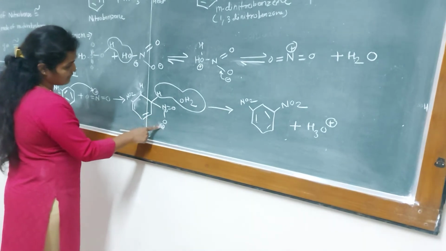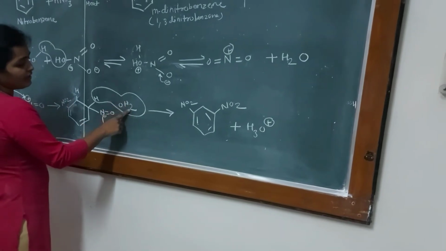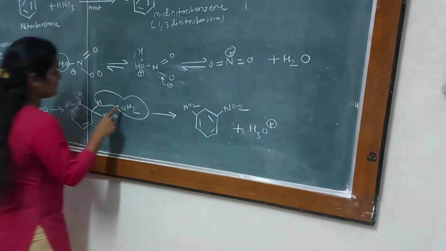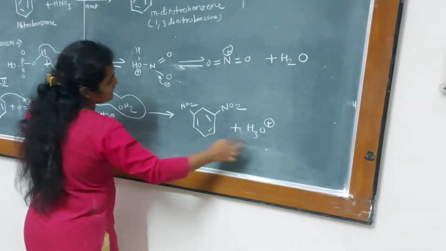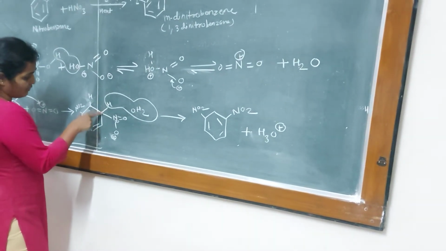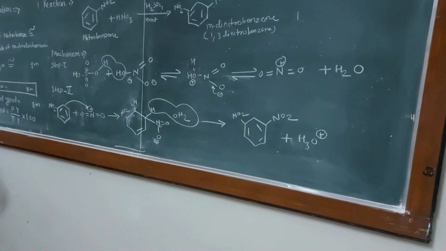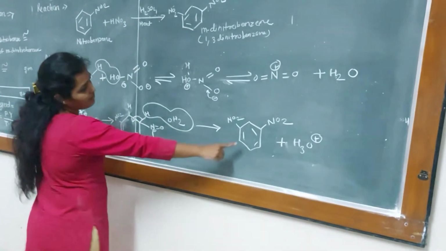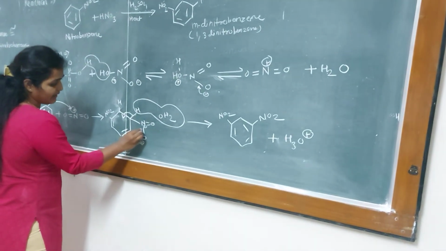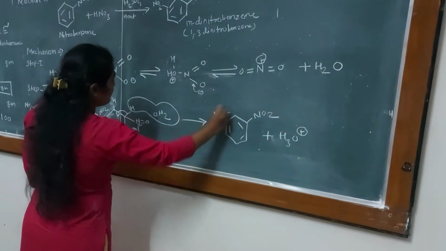Then in the next step, the remaining water molecule attaches here as OH2, or H2O. The next step is the removal of the hydronium ion, H3O plus. In that reaction this bond is shifted here, forming a double bond, with the remaining NO2 unchanged. This negative charge attacks here, forming N double bond O, that is NO2 and NO2.